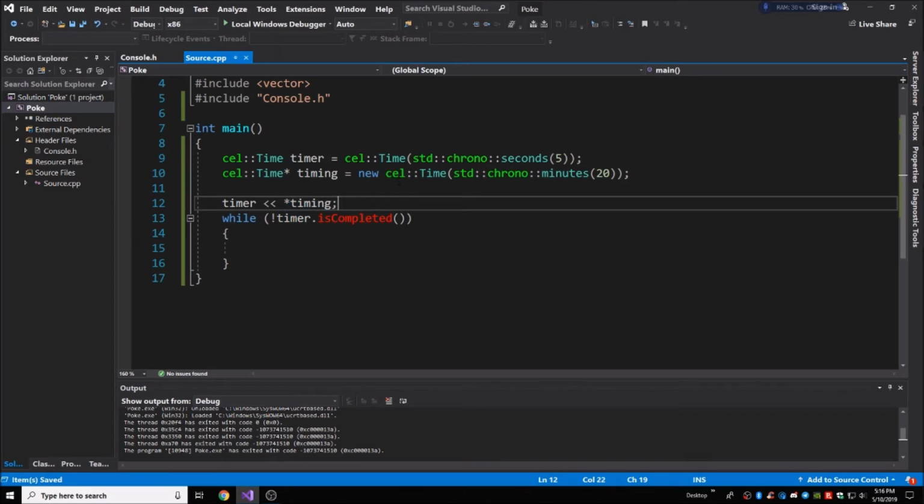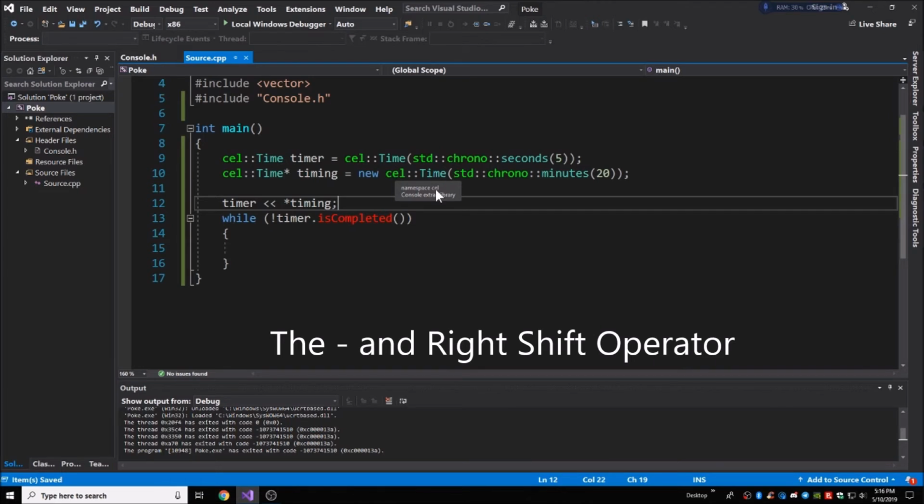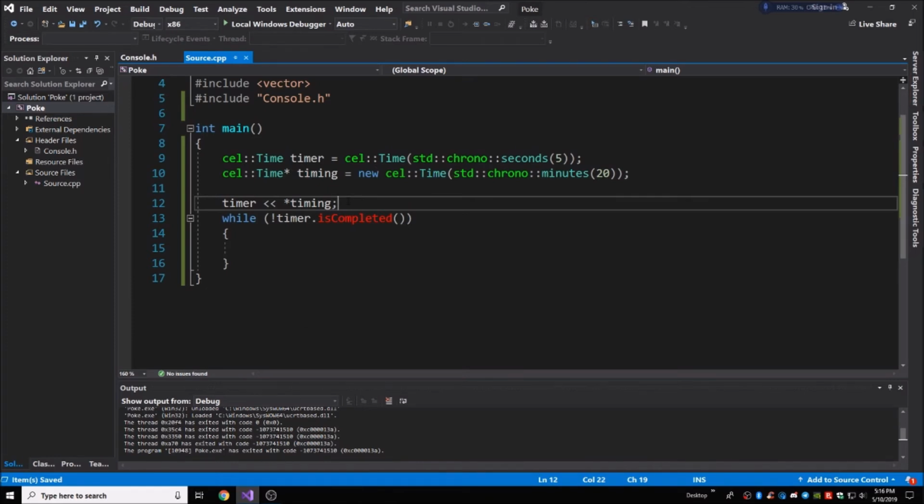Okay, but let's say for instance I found out that apparently making it last for 20 minutes is a little ridiculous. So what do I want to do? Because right now timer is equal to this. That's a little long. I don't really like that. Well, there's no way to do that with this operator, because again, it's a bit of a problem. So, what do I want to do? Well, instead of doing this, what I can do now